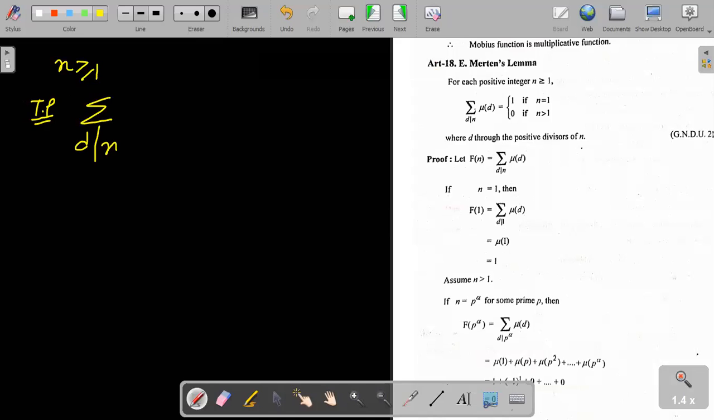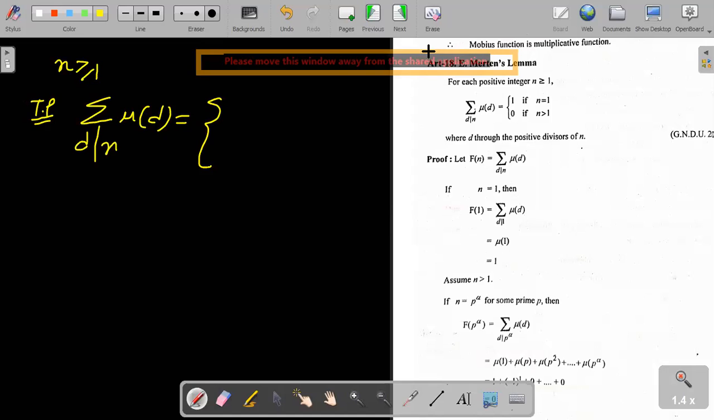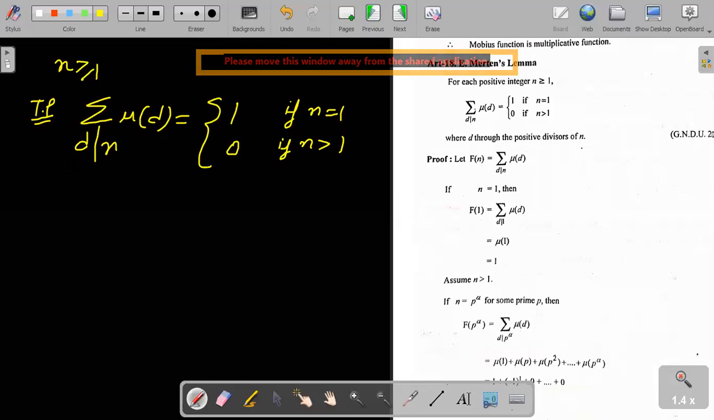Summation d divides n, mu of d is equal to 1 if n is equal to 1 and 0 if n is greater than 1. तो हमें ये प्रूव करना है कि summation d divides n, इस रिजल्ट को हम बहुत यूज करेंगे in the next exercise. So summation d divides n, mu of d is 1 if n is equal to 1 and 0 if n is greater than 1, right? So proof wise, you see,